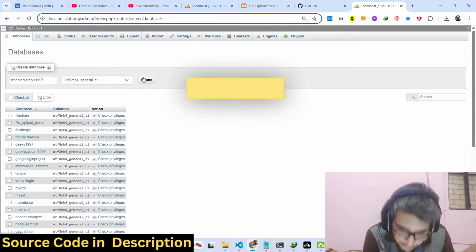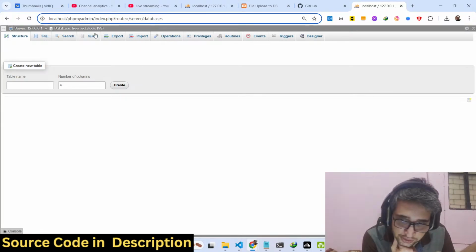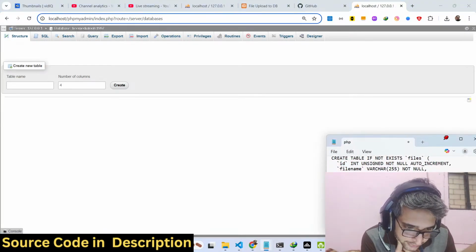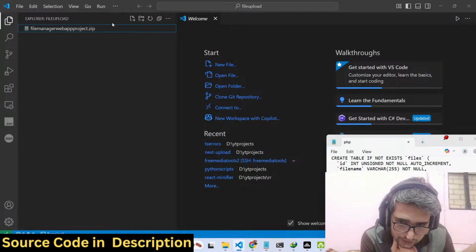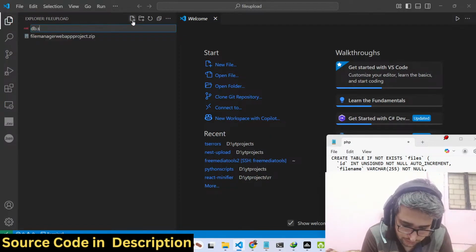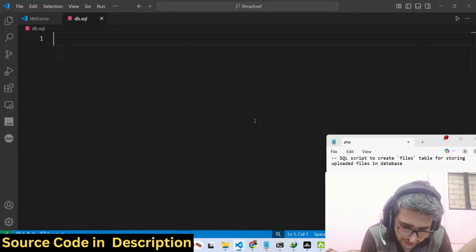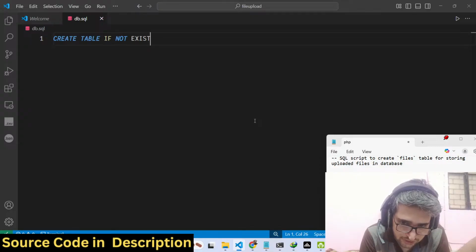So create a database, and right here you need to define this file, which will be your DB SQL file. It will contain all the databases, all the tables. Inside this database, you will write the SQL code: create table if not exists. We'll call this table name files,